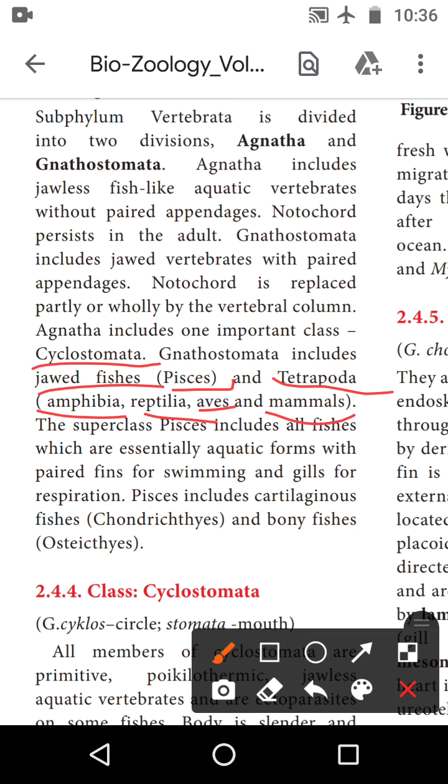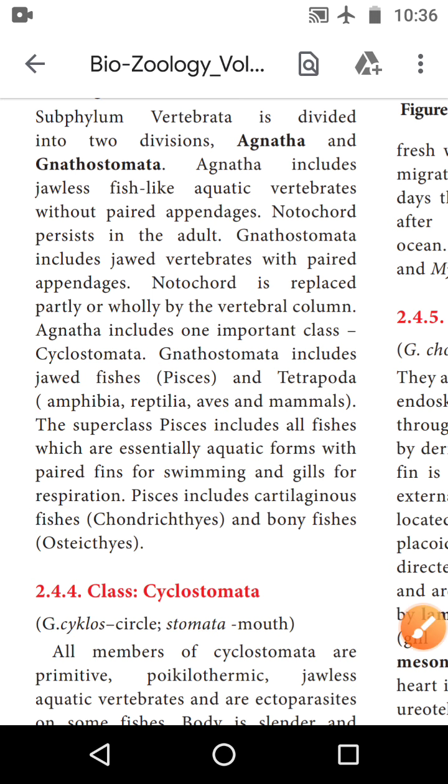The superclass Pisces includes all the fish, which are essentially aquatic forms. Already you know fishes are present only in aquatic forms. The paired fins are for swimming and gills for respiration. Fish have which type of respiration? Yeah, correct, gills for respiration. Pisces include the cartilaginous fish, Chondrichthyes, and the bony fish, Osteichthyes. Okay, the first one is the